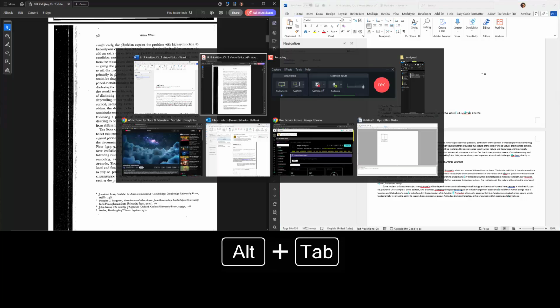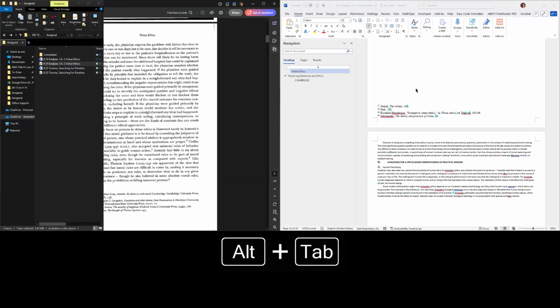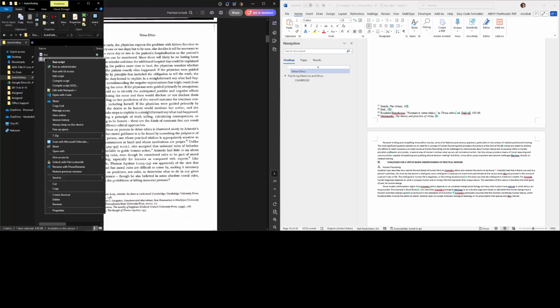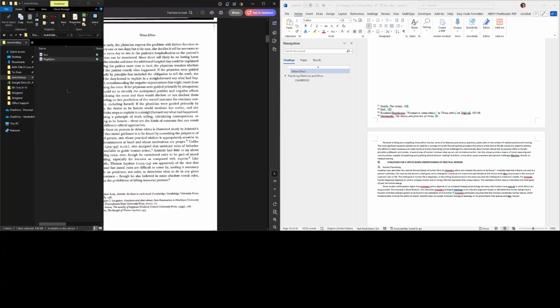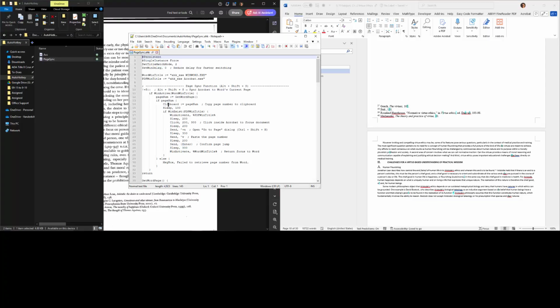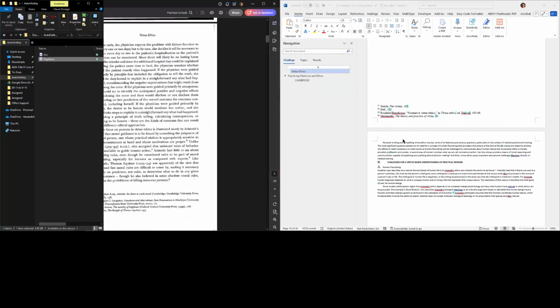Okay, I'm going to have to go to my script. AutoHotkey, edit my script. Okay, it looks like Alt Shift S is going to synchronize Acrobat to Word's current page. Okay, let's see if it actually works. Alt Shift S.